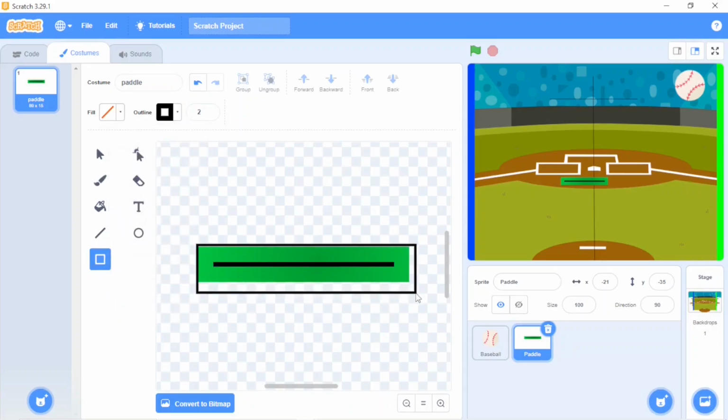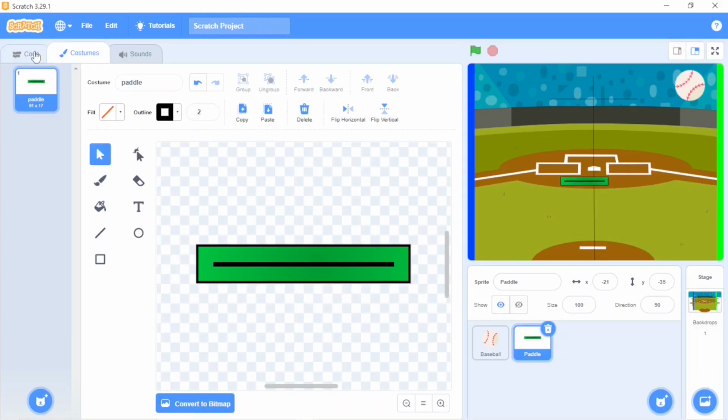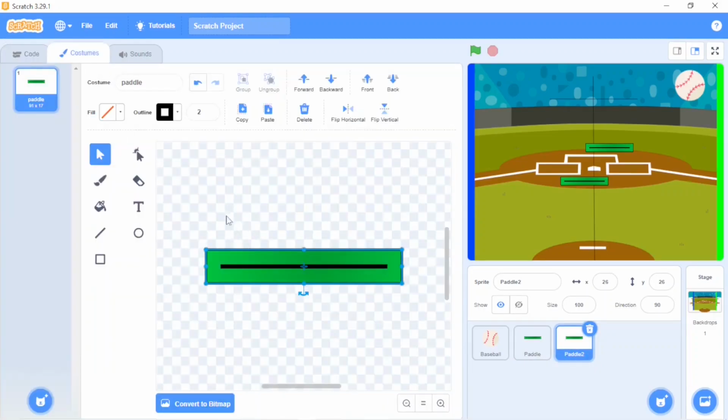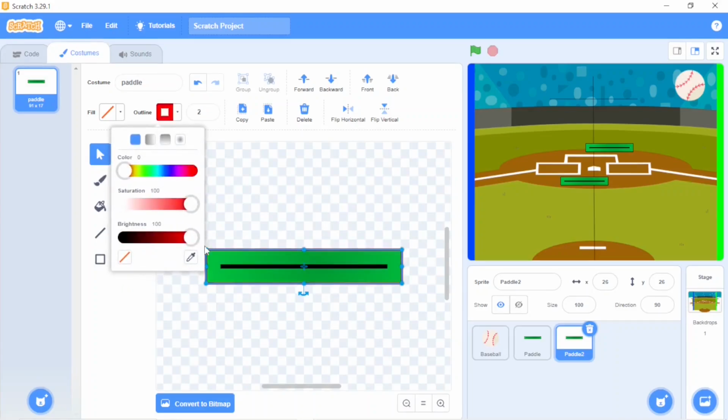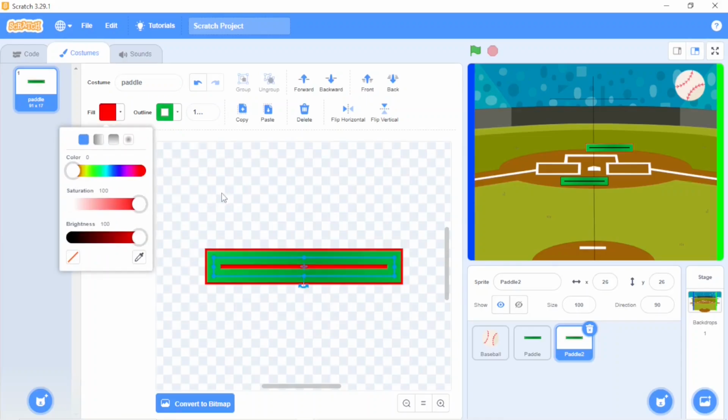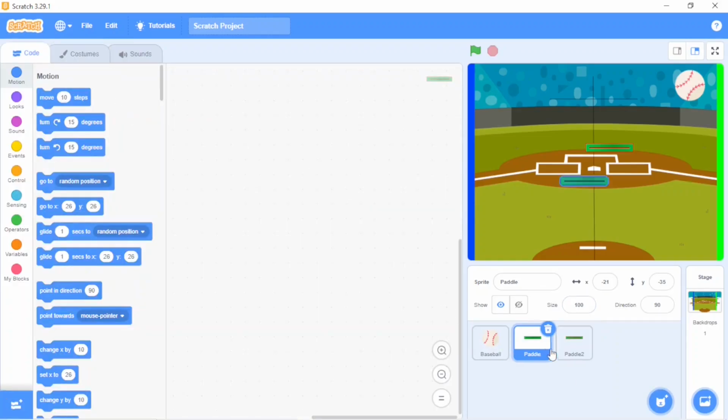Now take this color and put it over here. Done. Now duplicate this. Go to its costume. Change the color of the outline. The color will be red, and the inside will also be red. Okay. This is going to be pedal 1 and this pedal 2. This is ready.